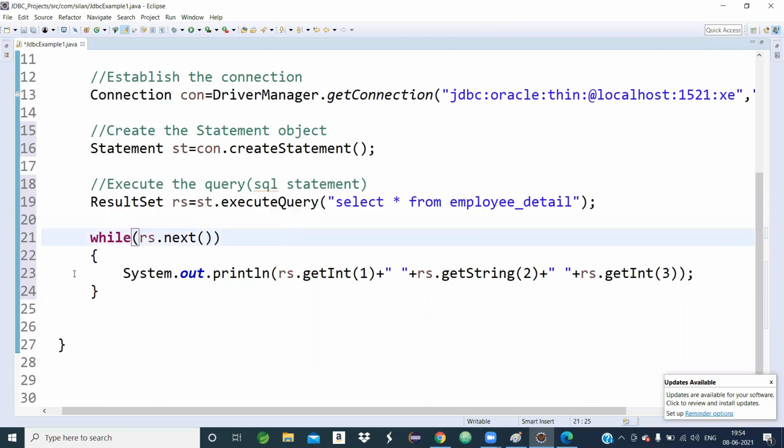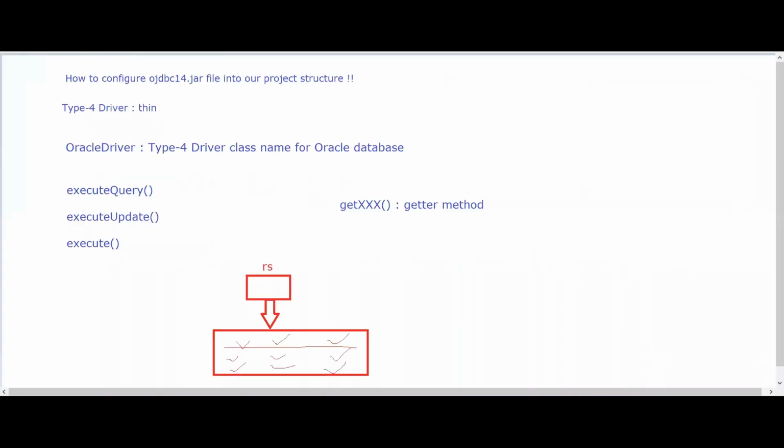Now the loop, the while condition. We are already acquainted with the loop concept: repetition of an instruction is known as a loop. Within the brackets of while, whatever is given should be a boolean value, true or false. If I get true, then the body will execute. While arrays dot next method represents the next record. Basically the control is before the first record, and the first next method returns the first record.